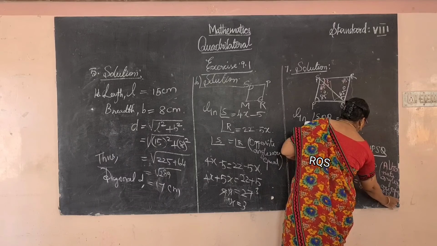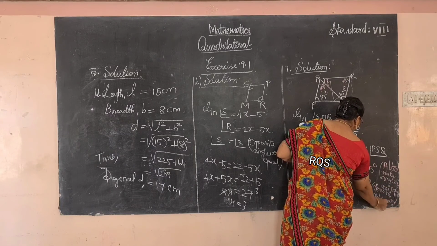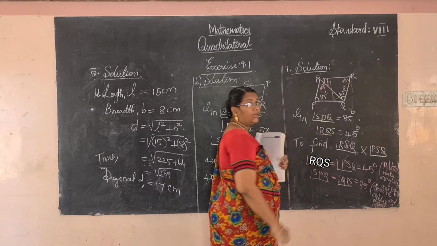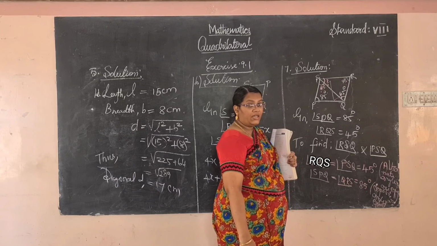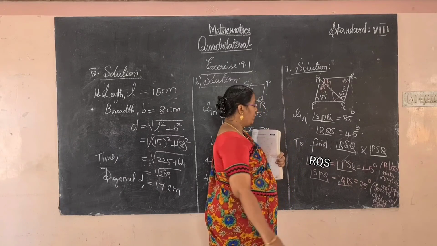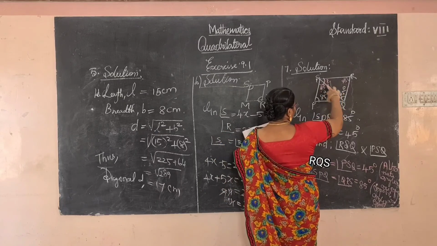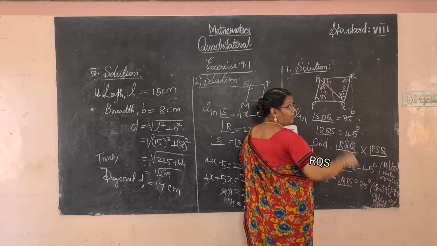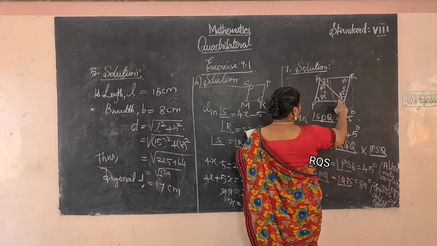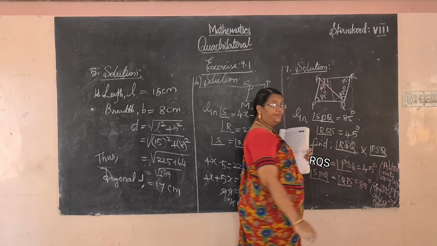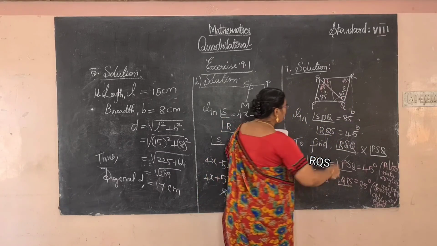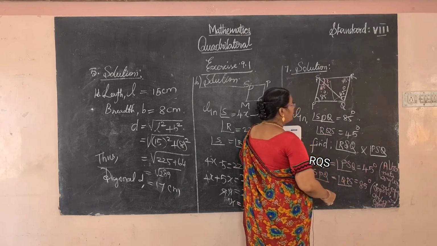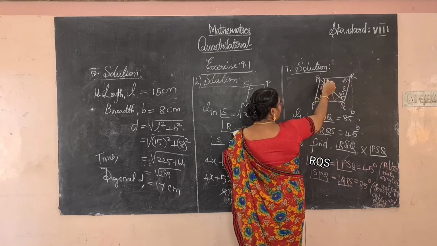Then we find the sum of three angles. The sum of three angles in a triangle is 180 degrees. That method we can also follow. Or the bisector: bisector means equally divide. So 2 times this value, 2 times 45 is equal to 90 degrees. That method can also be followed. Any one of the methods you can use to find this value.